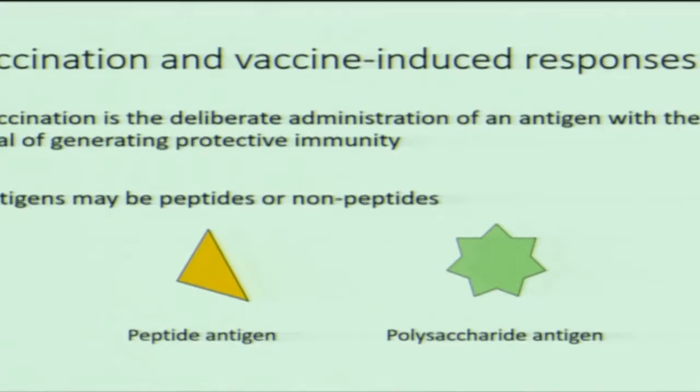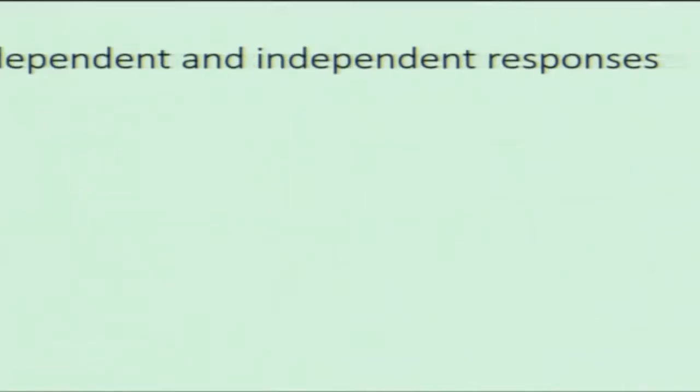So vaccination, you will remember, is deliberate administration of an antigen with the goal of generating protective immunity. So this antigen can be a peptide or a non-peptide. And for the purpose of the next few slides, I'm going to depict peptide antigens as a yellow triangle and polysaccharide antigens as a green triangle or a green star. So we kind of classically dichotomize vaccine-induced immune responses into T-dependent and T-independent responses, depending on the type of antigen